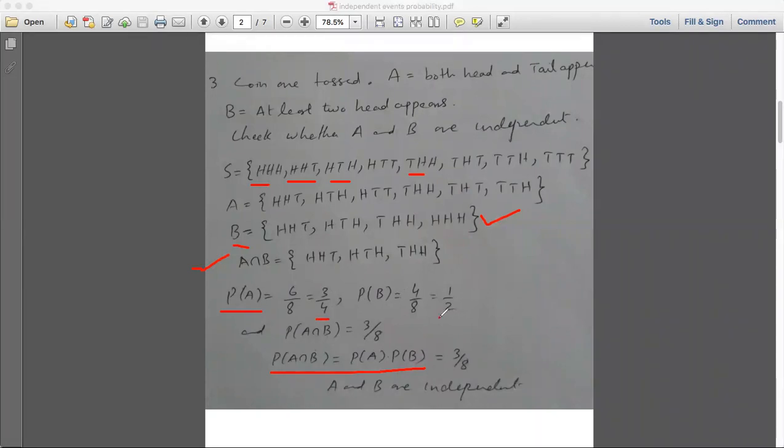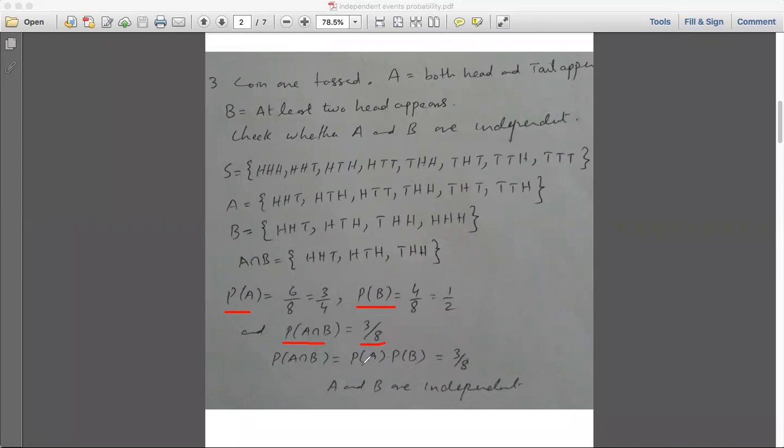Okay, इसको जब हमने simplify किया तो 1 by 2 आएगा. And we can also find the probability of A intersection B. We also need to find the probability of A intersection B. So how can we find? The same formula. The number of elements in A intersection B is 3 divided by total number of elements in sample space, so 3 by 8. So left hand side पे तो हमारे पास 3 by 8 आ गया.